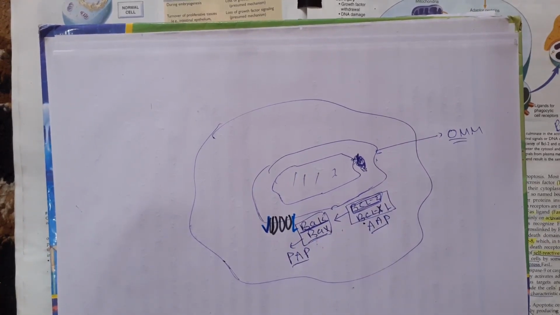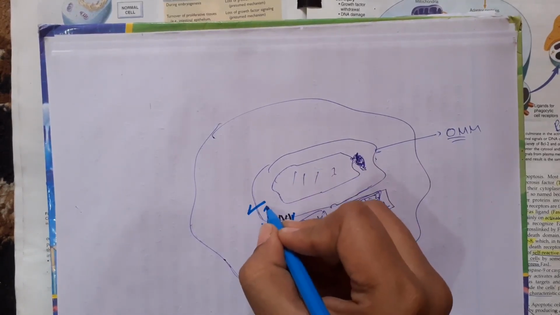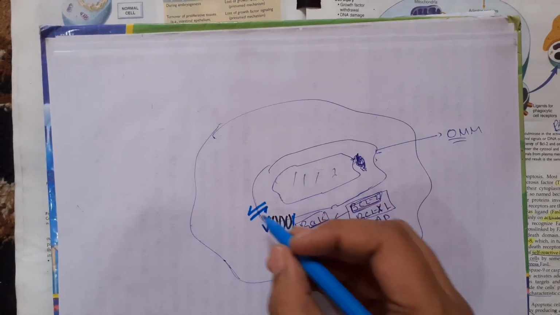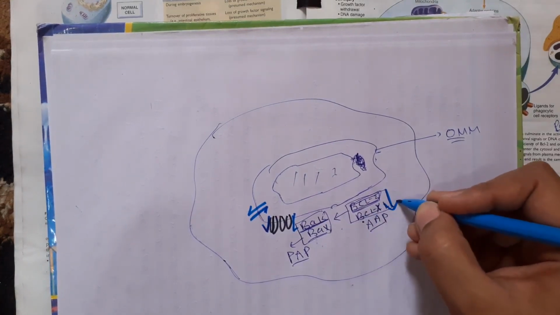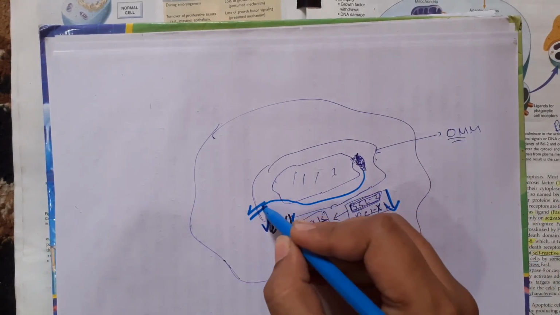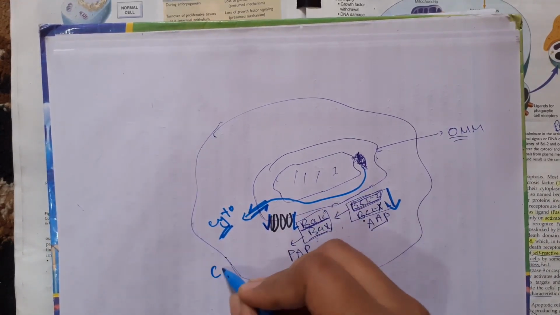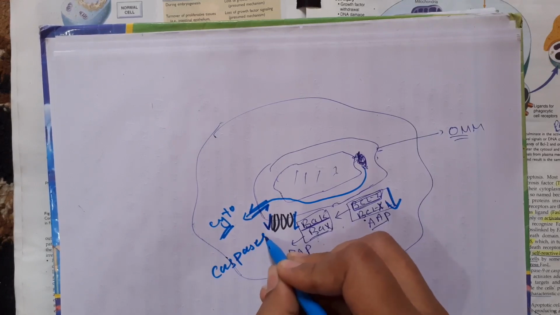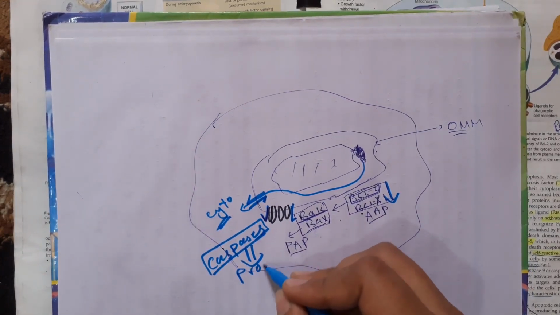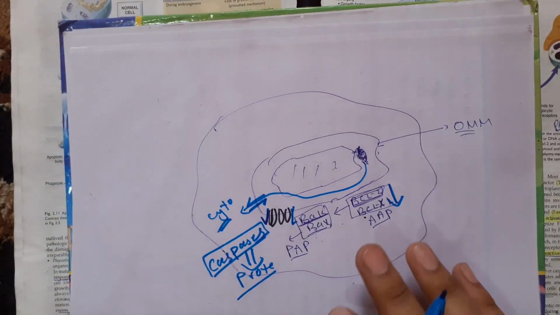So when they dimerize in this way, a channel is produced. The same goes for BAK and BAX; they produce a channel due to down regulation or inhibition of BCL2 and BCLXL. Cytochrome C flows out through this channel into the cytoplasm. When it flows out, it activates caspases, which are proteolytic enzymes, and they further activate multiple proteolytic enzymes, which break down the nucleus and cellular constituents. So in this way, apoptosis is induced.